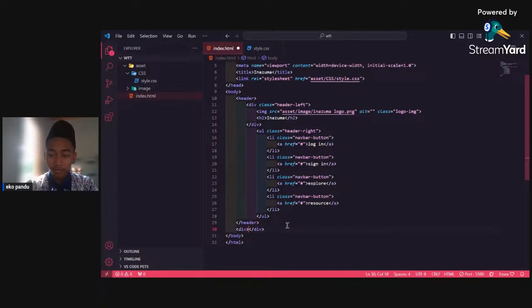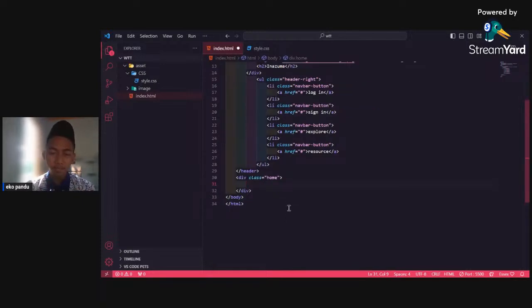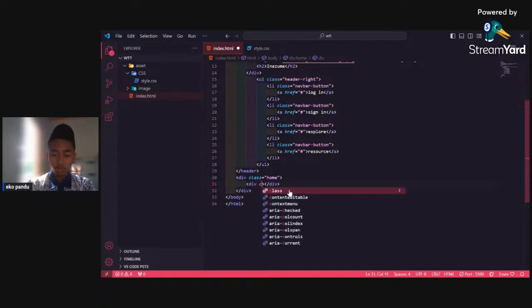All right, now what we want to make is the home part of the website. So we can add the class to be home, and then in the home we want to add some information about the page that is in Zoom. So first, I want to make a notification that can have the class